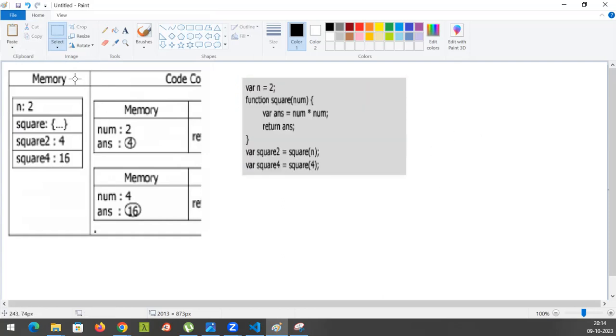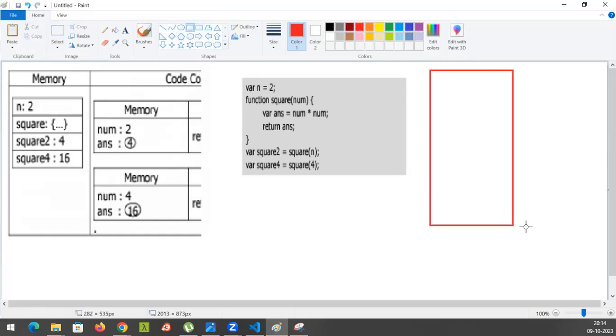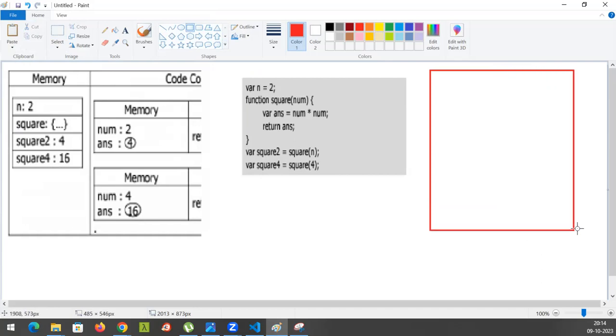See here, suppose you have one execution. This is your